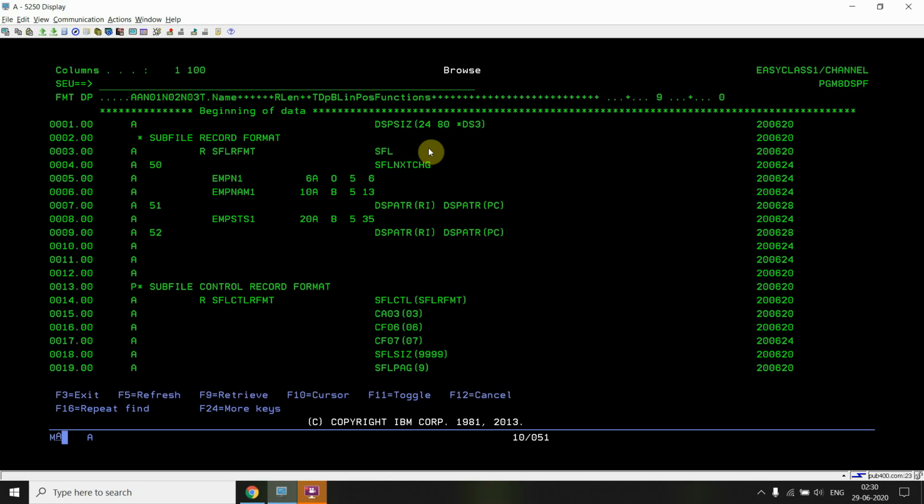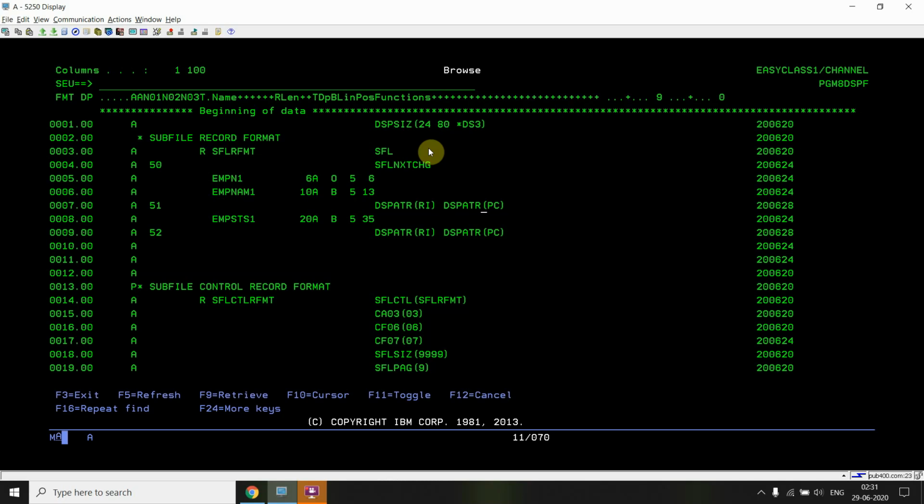Now you can see that I have used the display attribute RI, reverse image. Once there is an error in these fields, this indicator gets on, meaning 51 gets on or 52 gets on. So these fields get reverse image highlighted, and the cursor is also positioned.